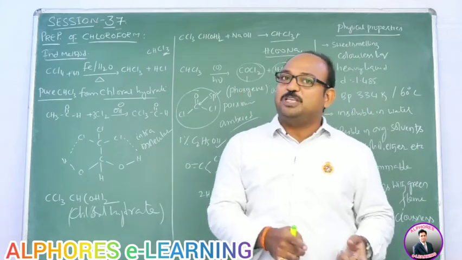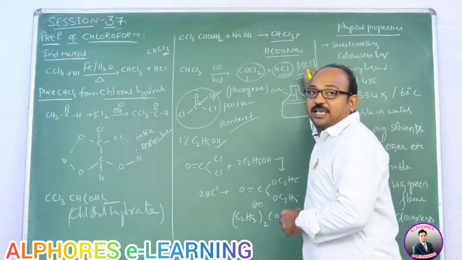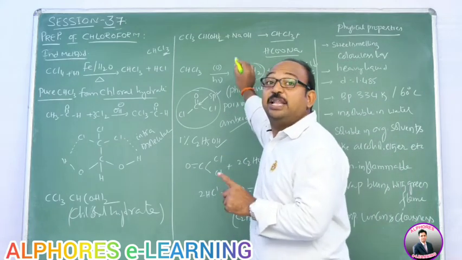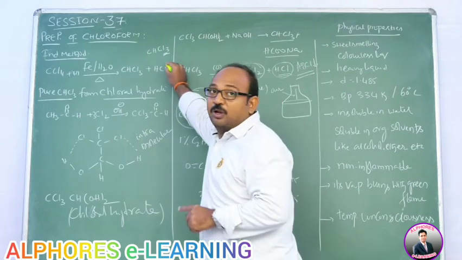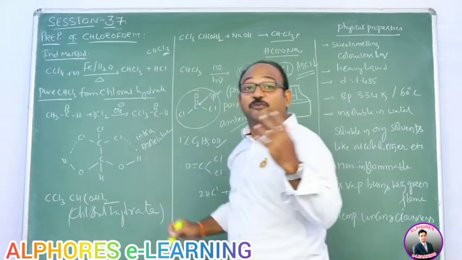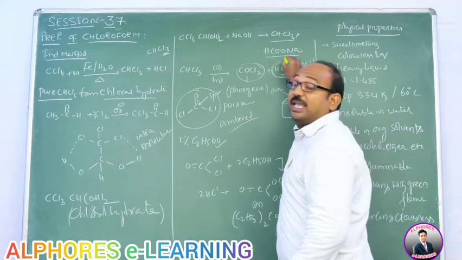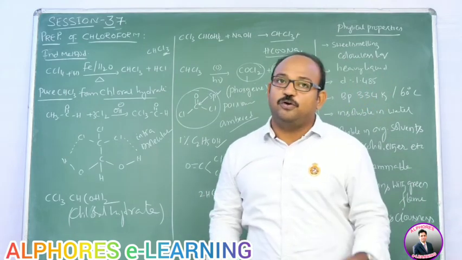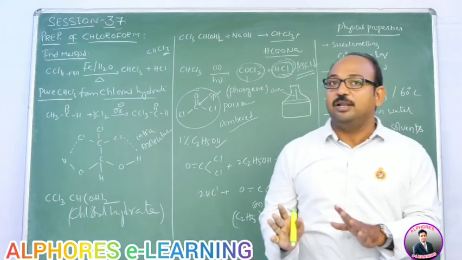So what is that white precipitate we are getting? That is AgCl. From where are you getting Cl? From phosgene? No, it is non-ionic. From chloroform? No, it is non-ionic. But from where are you getting it? It is obtained from HCl. This is the test for purity of chloroform. And in the next session we will learn chemical properties.